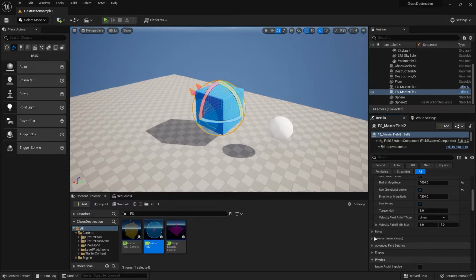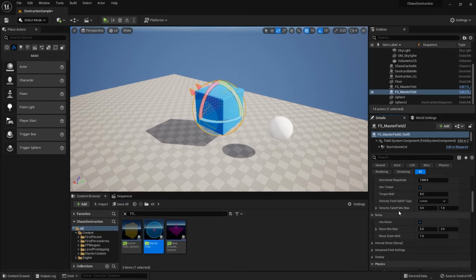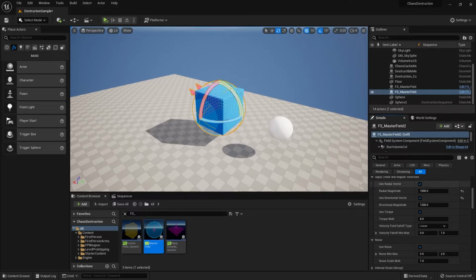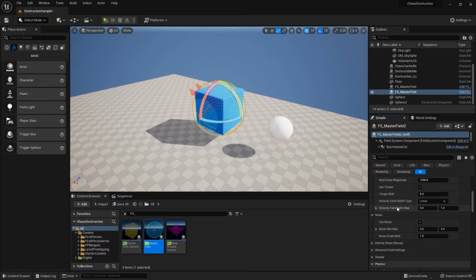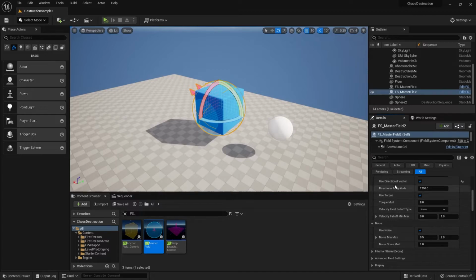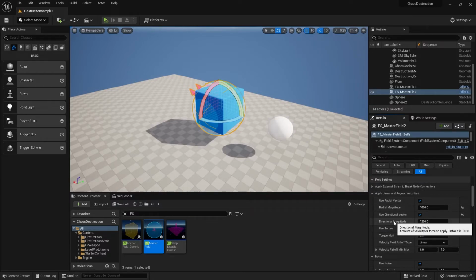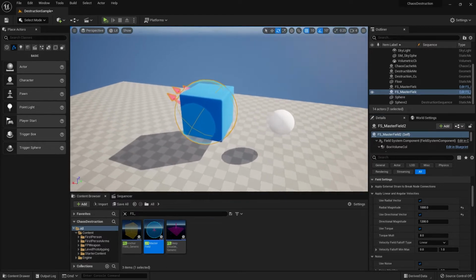If you want to play around with these, feel free to do so and see what kind of explosions or fractures you can get. I think most of the time you would just need to change the radial and directional magnitudes and the angle of direction. You could probably also do something with the noise and the torque, but I haven't found a need to use that yet.